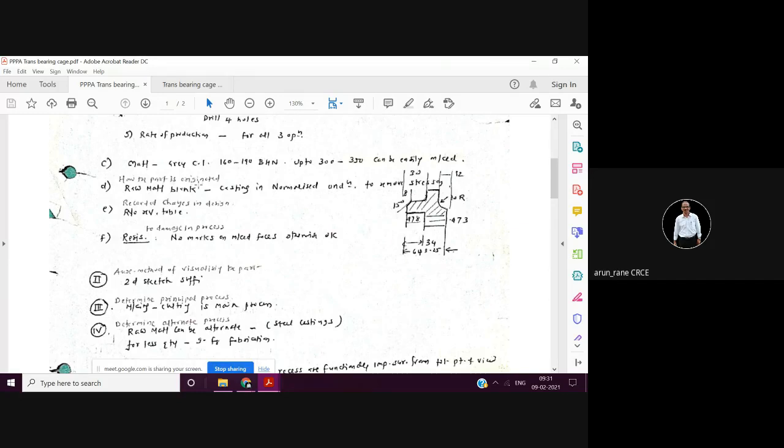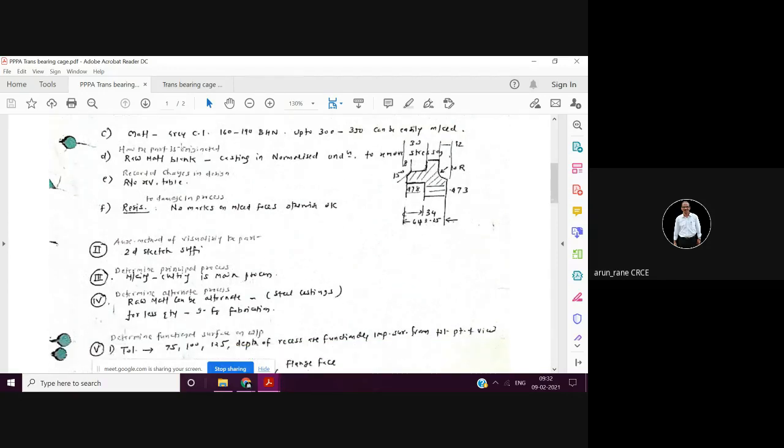If you remember, I had shown the index sheet and operation sheet. So the index sheet you have to fill this time. Then you have to identify. Now we are doing a postmortem of the entire drawing. So now the next step is material. What is the material? It is given in the drawing. It is gray cast iron. Then what is the hardness? 160 to 190 BHN. So this gives you a fair idea whether you have to go for hardened tools, or just normal tools.